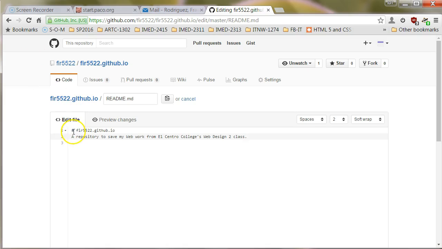This hashtag at the very beginning, by the way, is not an HTML file. This is an MD file. It's a markdown. HTML is a markup language. This is markdown language. It's a little bit different. It's actually a little bit easier. So all that hashtag means is that this is an H1, and anything that follows will be in that H1 style. So I can say my web 2 backup,